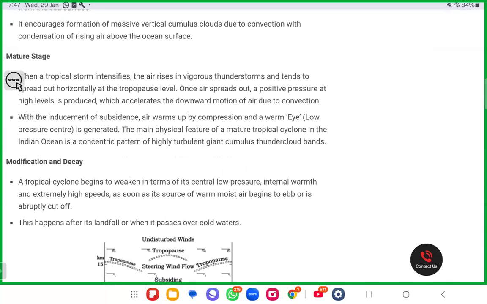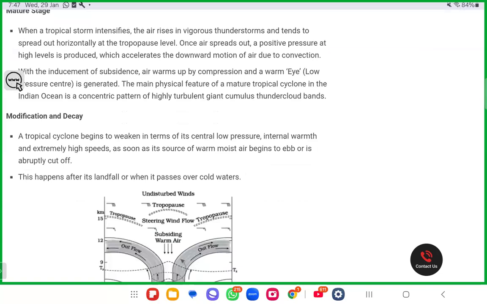All right. Why is the name tropical cyclones? It occurs in tropical areas, hence the name tropical cyclones. Extratropical cyclones, also known as temperate cyclones or latitude cyclones, occur in the mid-latitudes, because it is beyond the tropical. It is happening beyond the tropical cyclones. Okay, so everything is the same.